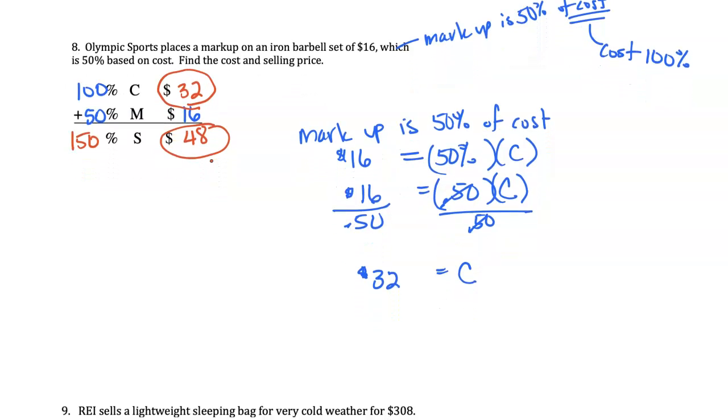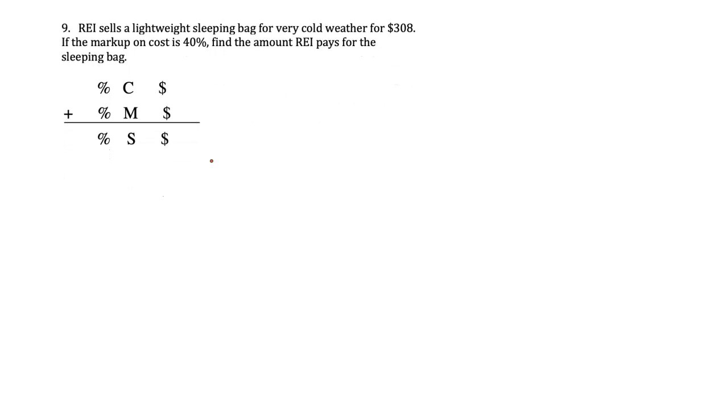Let's try question 9. REI sells a lightweight sleeping bag for very cold weather for $308. If the markup on cost is 40%, let me go ahead and put in what they've given us so far. REI sells the sleeping bag. This is the cost to the customer. So the selling price